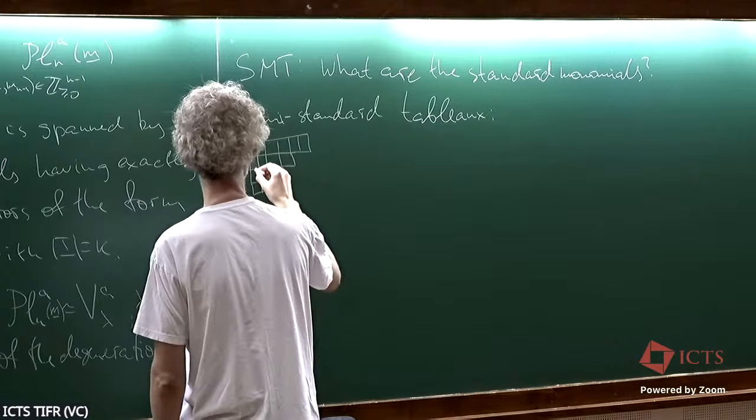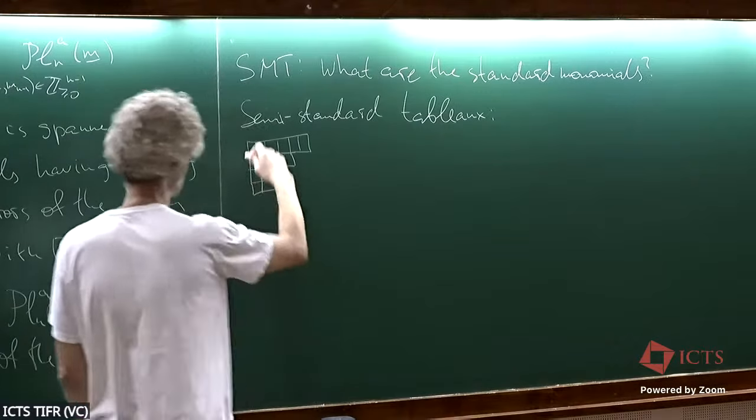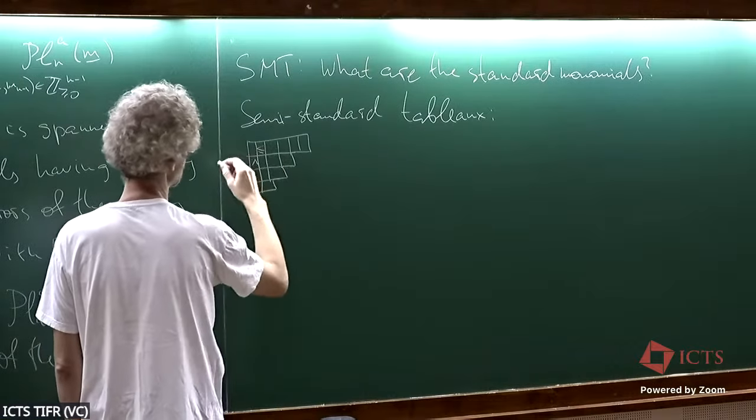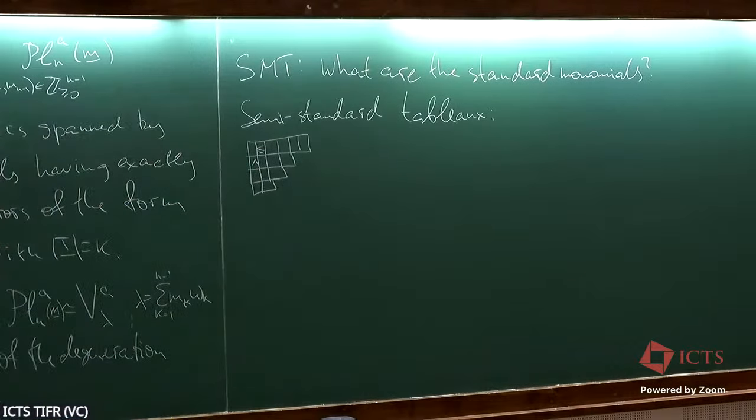The condition is that these numbers strictly increase downwards and non-strictly increase from left to right. These are semi-standard tableaux. But I claim that they do not provide the desired basis for the abelian case, and we can see it